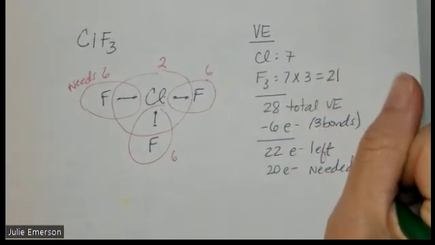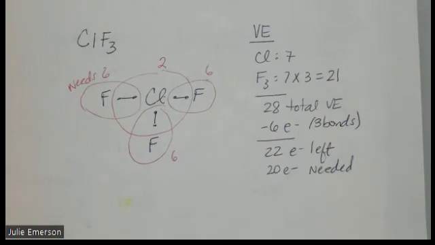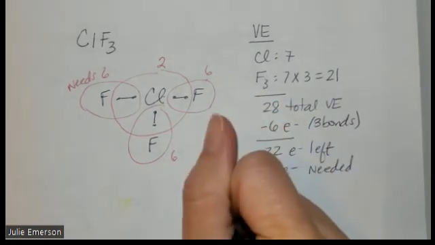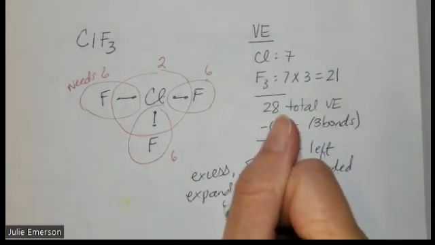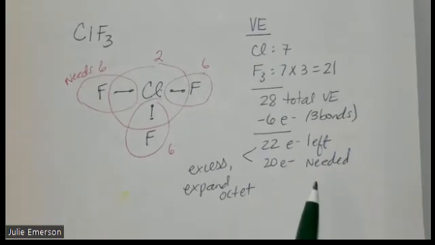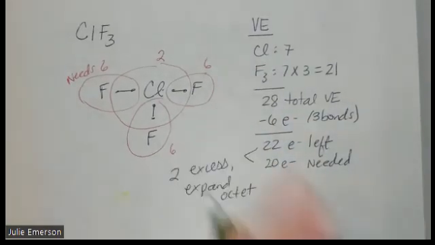And so this is the opposite of the problem that we had before. Before, we saw that if we don't have enough electrons, we have to increase the sharing. This is different. We have too many electrons. So now what do you do? When you have excess, you're going to have to expand the octet, right? Because everything we do with the math here is all about the octet, 8, 8, 8. That's all we're doing. So if we have excess electrons, in this case, we have 2, we have to expand the octet on something,